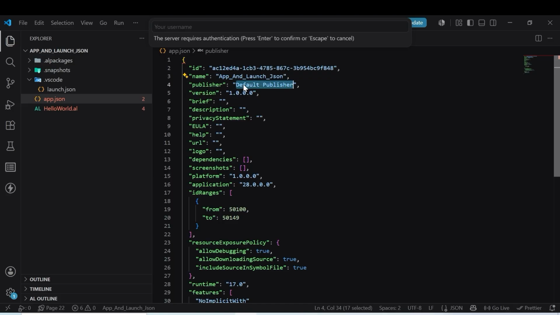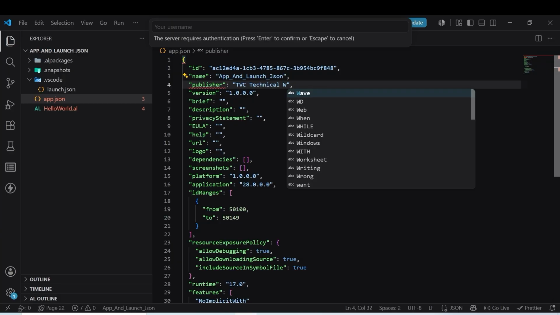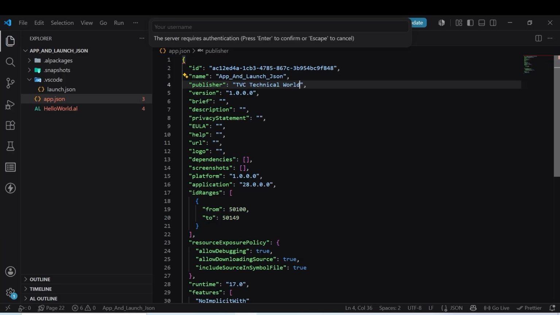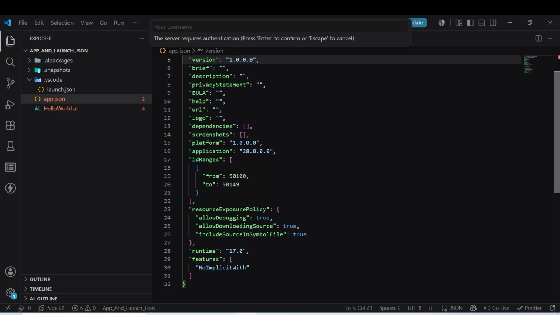So I am publisher TVC Technical World. This is the publisher name. Got it? Which version you are working on. Version is first seen in extension management. Got it? And this is the brief description, privacy, help URL, logo, and this is dependencies,